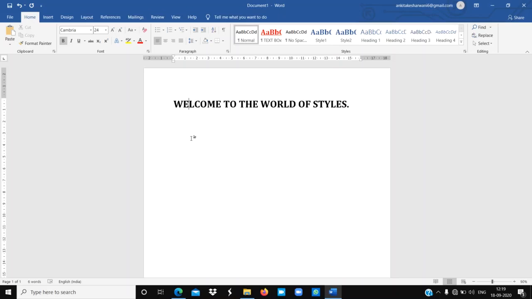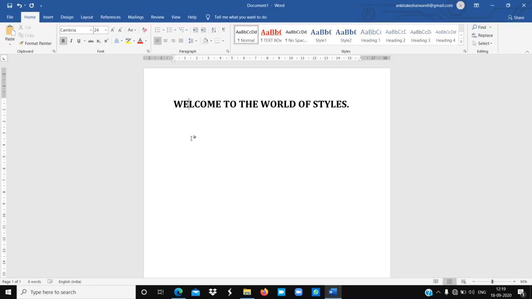How? Using styles, because a style is a predefined combination of different formatting features. Even you can create your own styles.